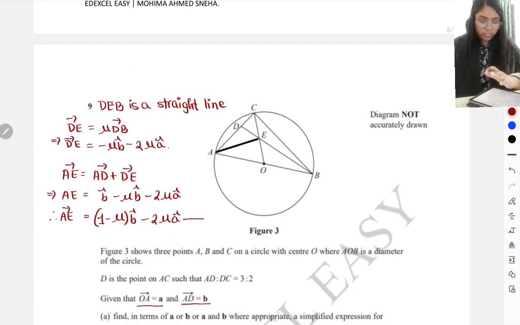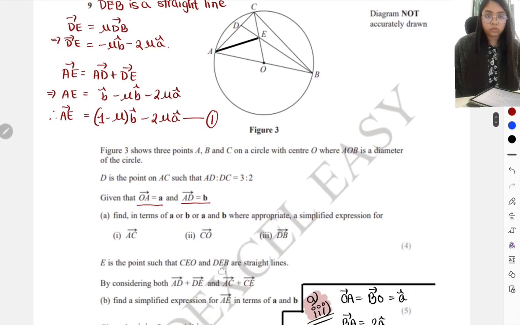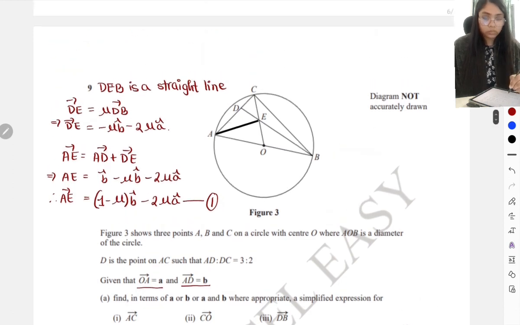This is not in terms of AB, right? This is in terms of mu, a and b. So this is the first expression for AE. I will use it obviously, but before that we'll move on to the second part. In the second part, they're also talking about using AC and CE, which is basically using the concept that CEO is a straight line this time. So we will start again that CEO is a straight line,